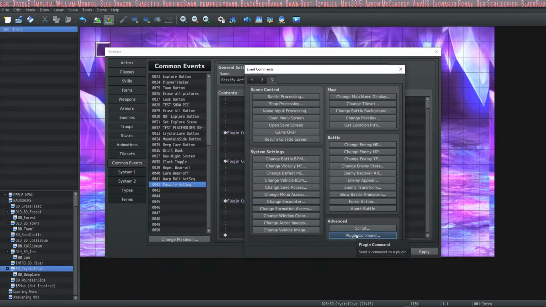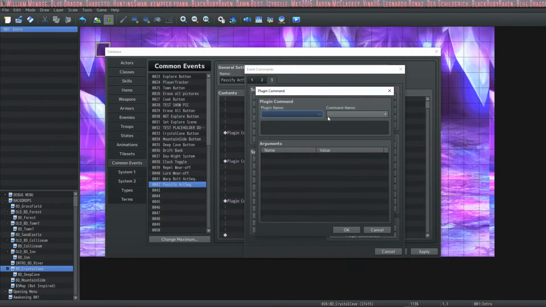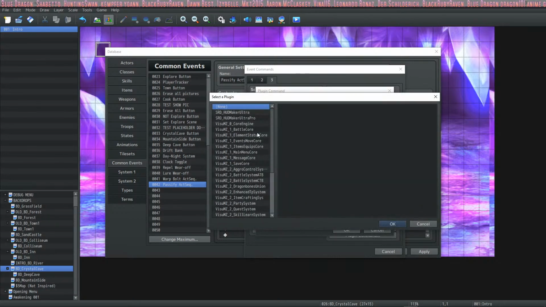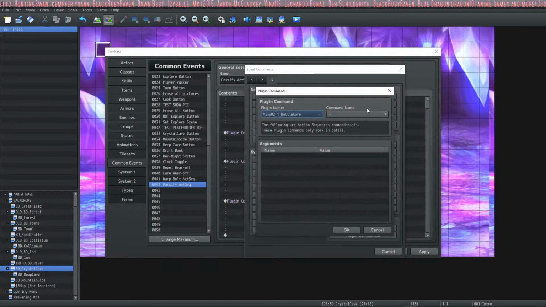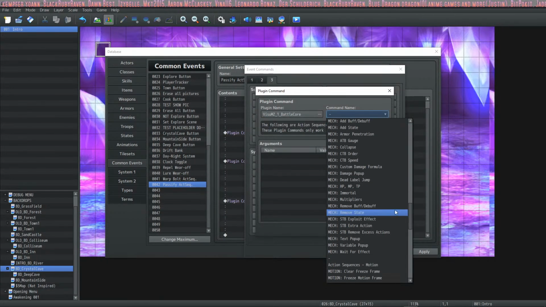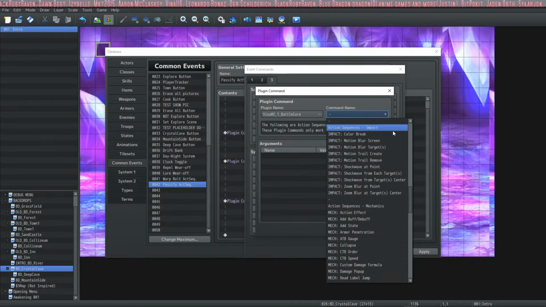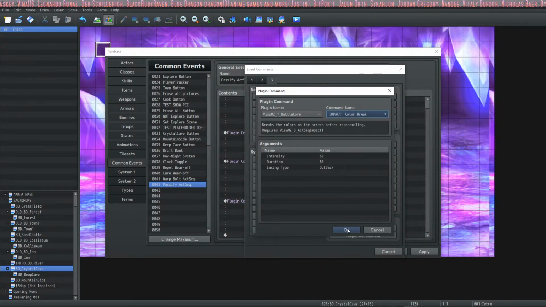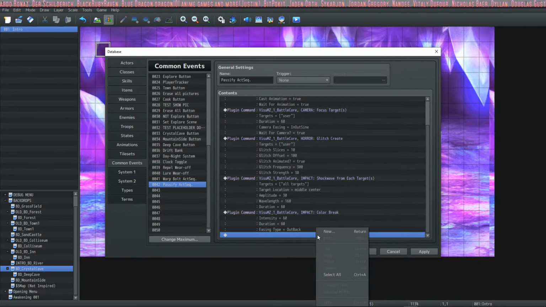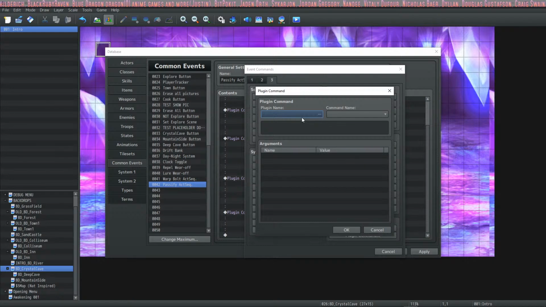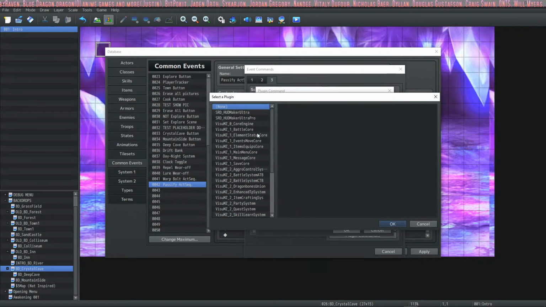At the same time, when we do the shockwave, there needs to be a sound and animation. So let's do a sound animation type thing. Color break? I don't know. I'm really just playing around and putting a bunch of stuff in just to see what happens and what it ends up looking like.